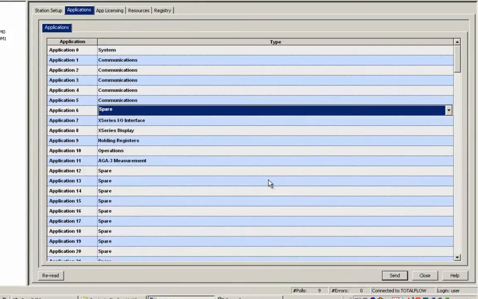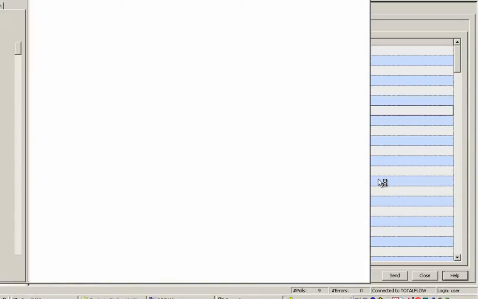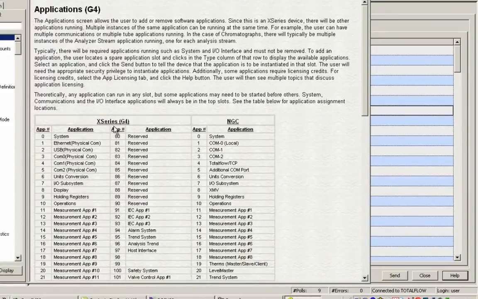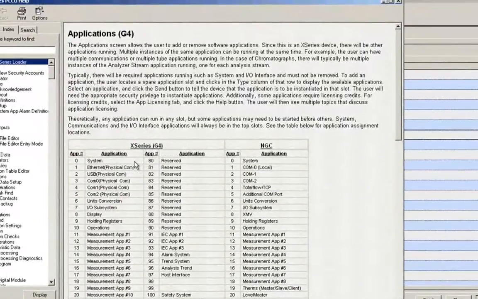The next question is, where does Totalflow recommend that you put certain things? If you come over to your help button on the right hand side and click that, it gives me a list of the X Series G4 recommended locations for certain applications. System is always on application 0, and you can see communications come next, I/O interface, display, holding registers, operations,